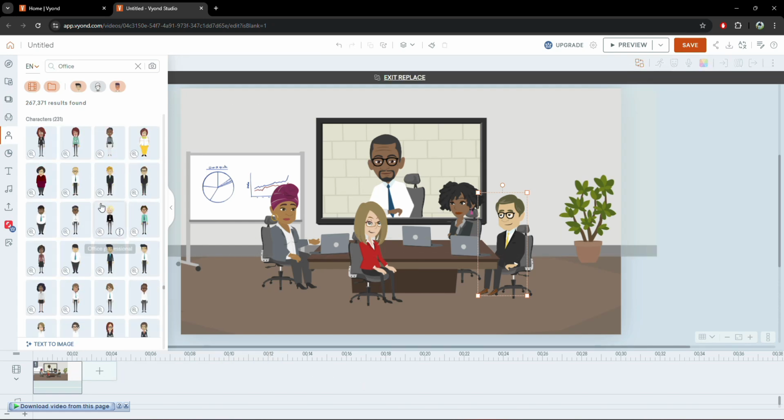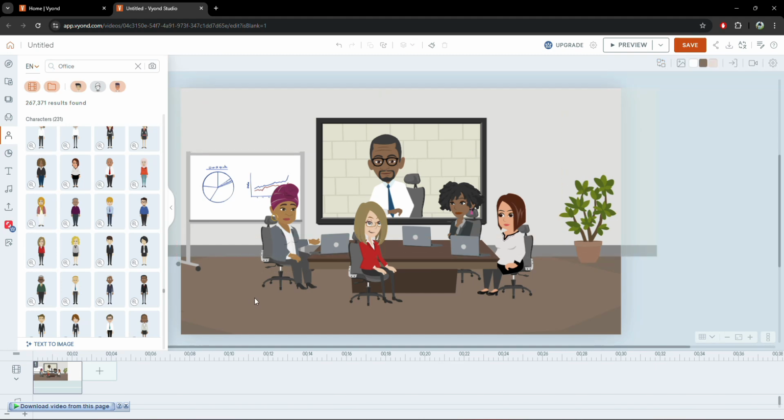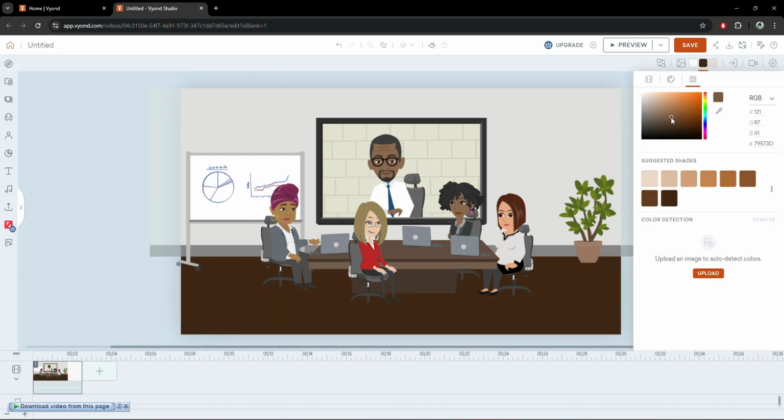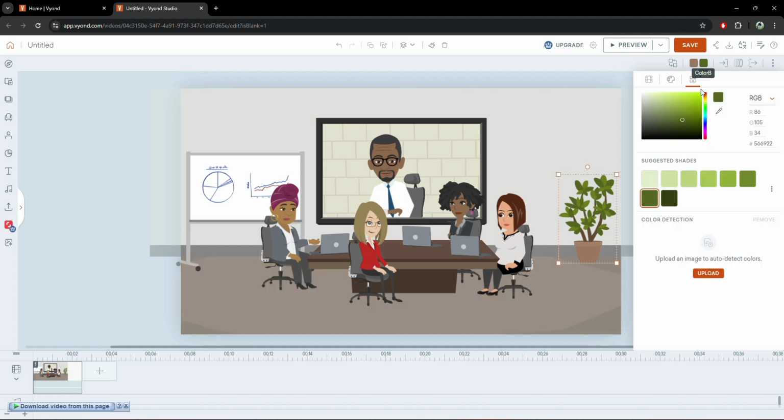It will show us a new character. Click here and it will replace. Like this, you can change this object, the background, and you can even change the color of all the objects. If you want to change the color of this,